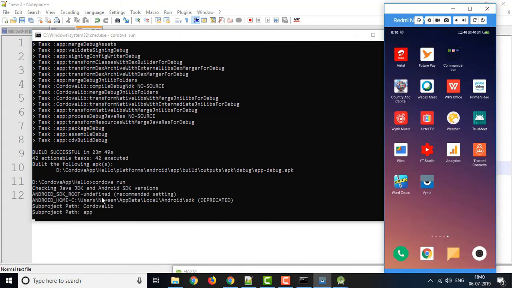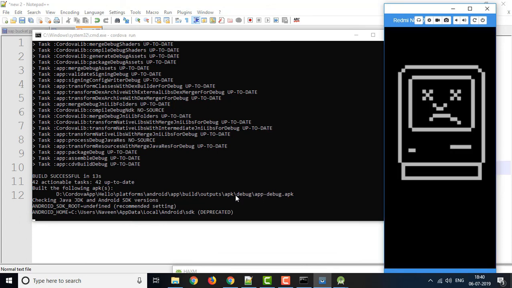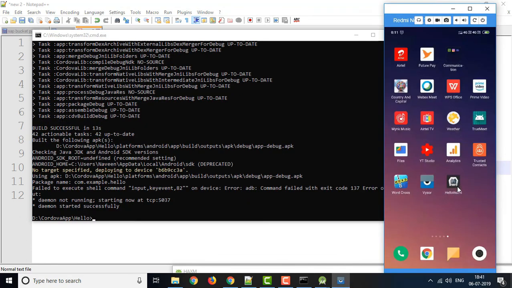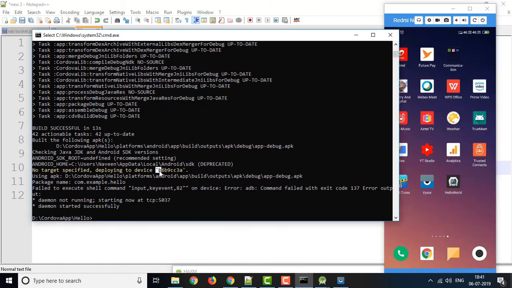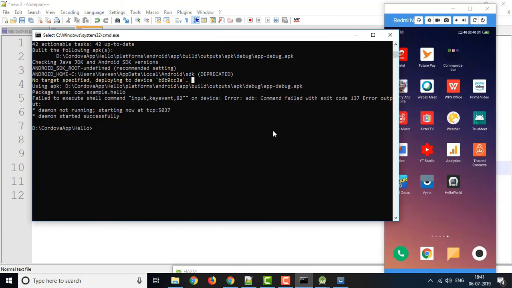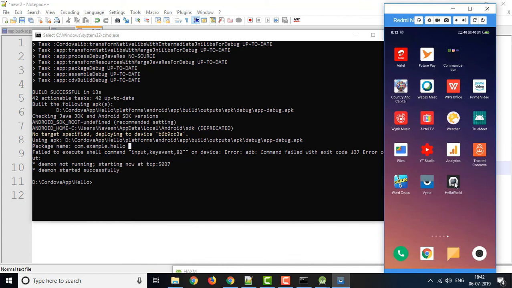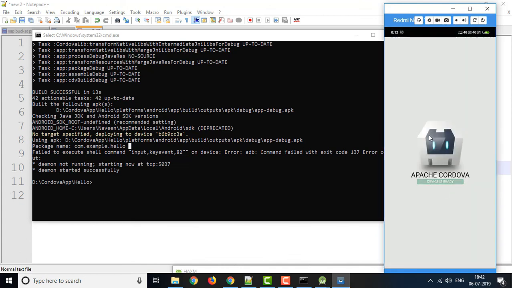Now as you can see, it's loading all the files. It is loading the directory and app module and all. So wait for some time, like 30 to 40 seconds. Compiling. Now, see, again it is created. So here as you can see, this is my app name Hello World, which I have created, and this is my device ID. Once you run this command cordova run, it will create one APK file in this directory, and after that it automatically executes the command which will install it on your phone. And once I open this, you can see this is my default page. So thank you guys.